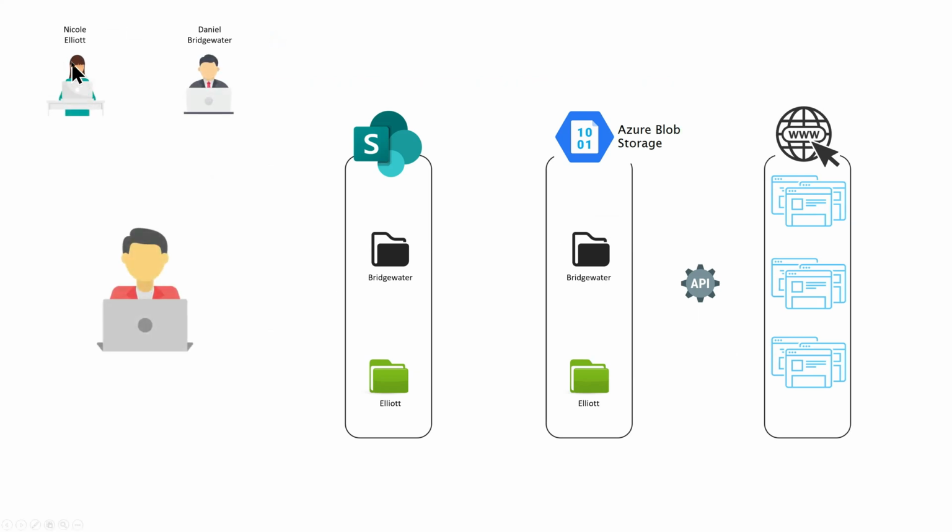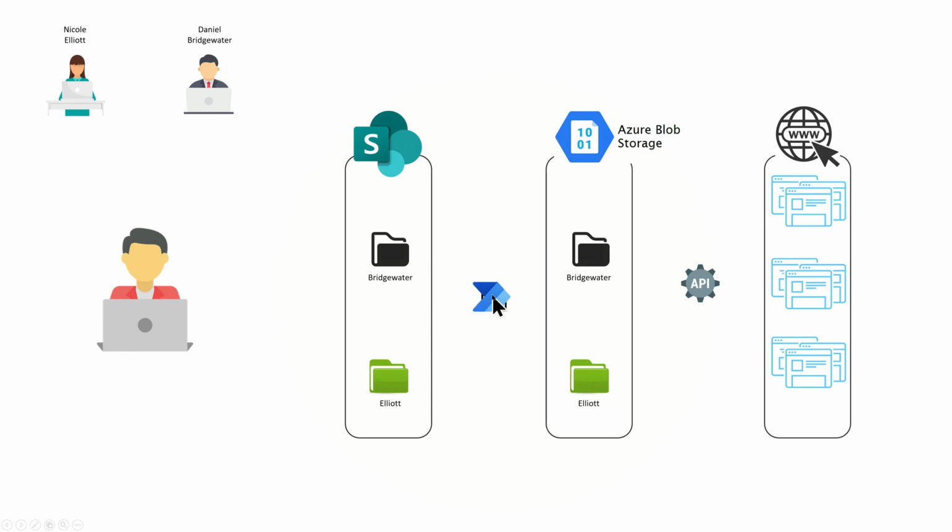So we have two content writers here, Nicole Elliott and Daniel Bridgewater, for example. They are sending information internally to a marketing user, and let's call him the marketing manager. When that email content is received by the marketing manager, they review it, they are happy with it, and they upload it manually to a SharePoint environment. Once the files are uploaded in the SharePoint environment, then a Microsoft Flow kicks in,